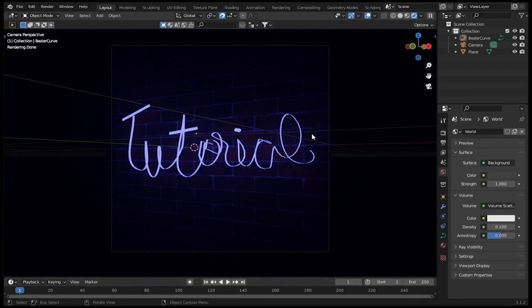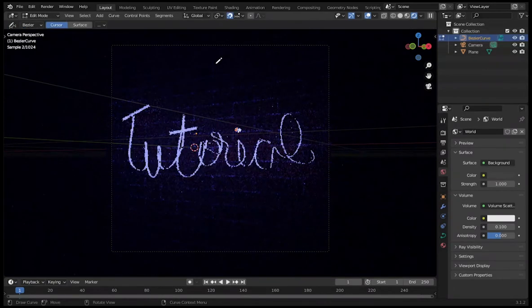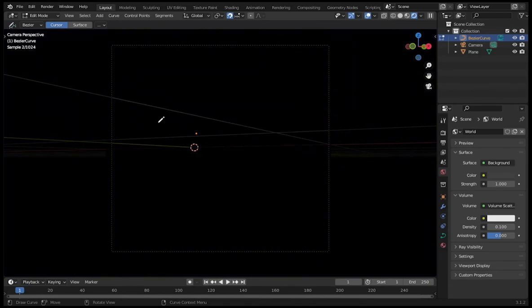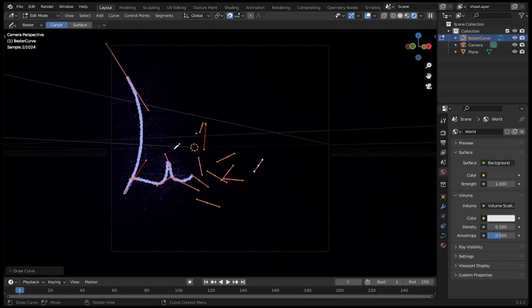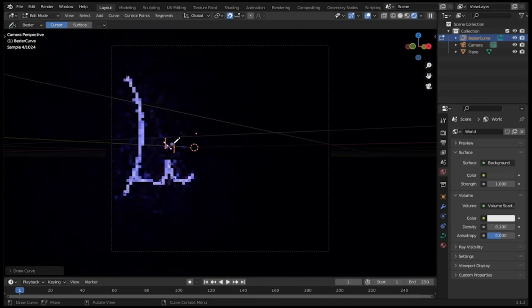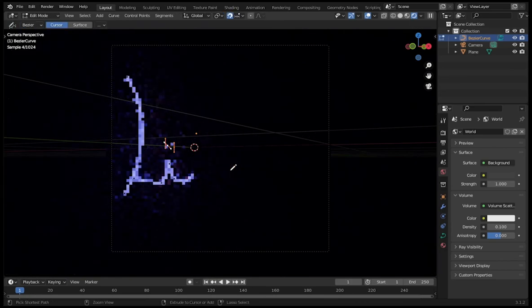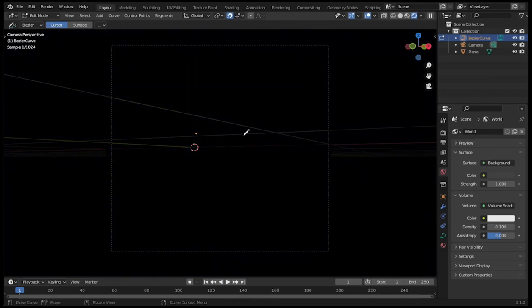Now if you want, you can reuse the file when you feel like you want to change this tutorial into something else. I'm gonna change it right now. Delete it. I'm gonna write life. You can see that it's a bit messed up because, you know, I can't write properly, but yeah,